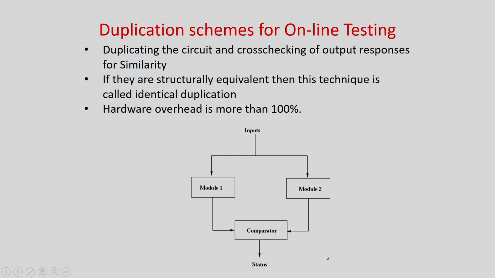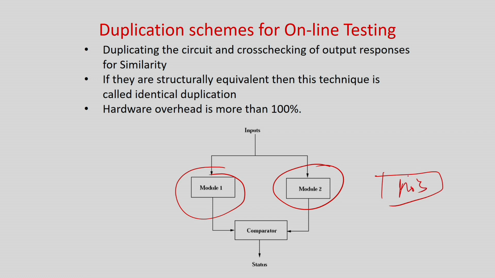Very interesting is replication. Normal circuit is there, you replicate the module and make a comparator. So if both of them are giving the same output, there is no error. If one is giving a different output than the other, there is some problem. Of course you can detect it. To make it more robust, you can put module 3, same thing, same input going over here, and instead of a comparator you take the best of 2 votes.